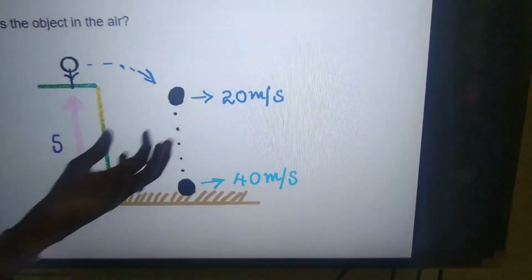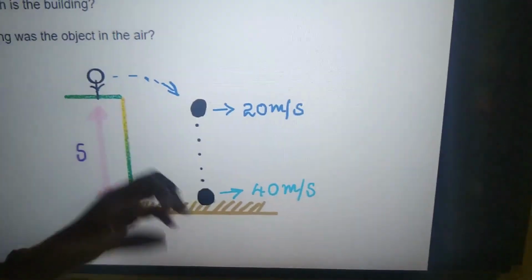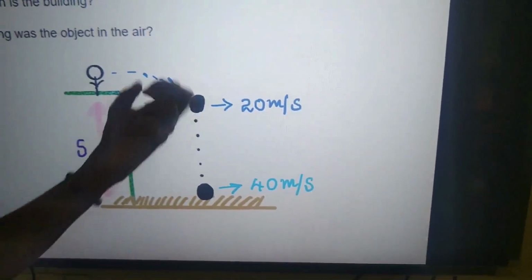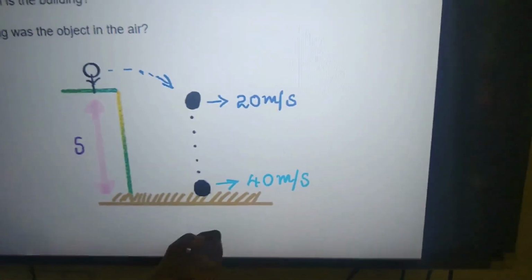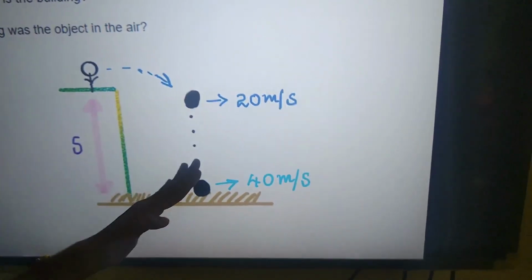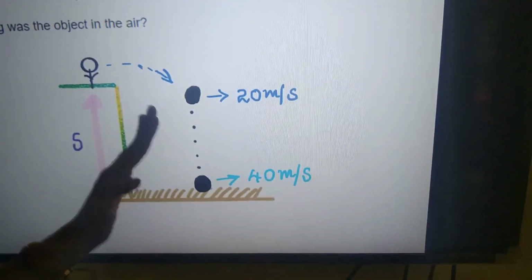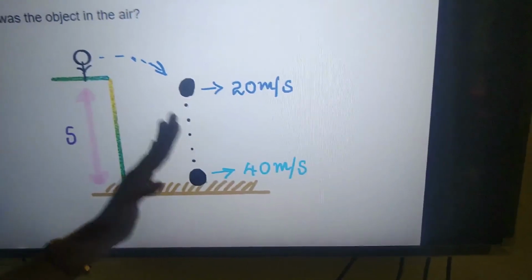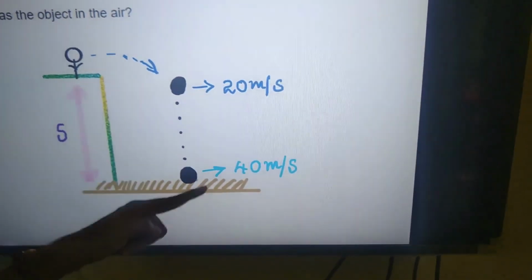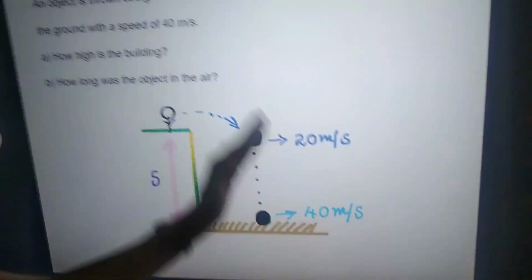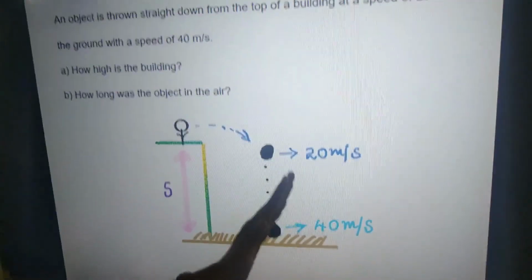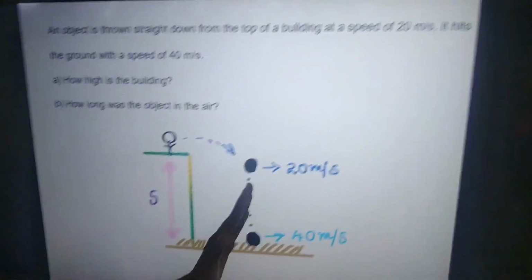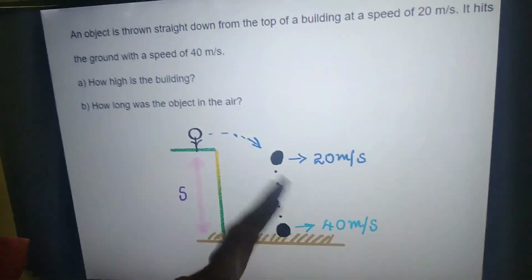40 meter per second. And remember one case: here you see, after the object is thrown, why does it move vertically down? Because of the gravitational pull. So when an object moves only under the influence of gravity, the acceleration of that object is 9.8 meter per second square. 9.8 we round as 10 meter per second square. This you will study in theory later in the gravitation chapter, but we have to apply it in this numerical. So it will be given like an object moves under gravity. So remember the acceleration of the object is 9.8 meter per second square, but we round it as 10.